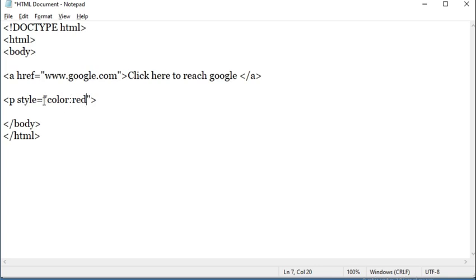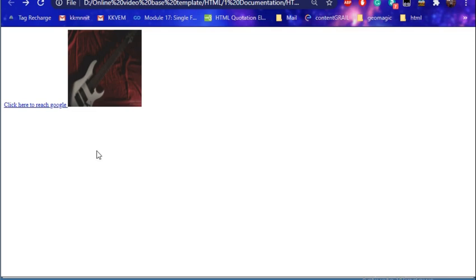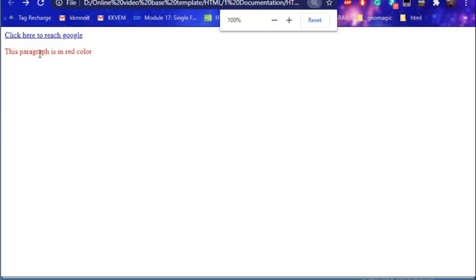You should always be very cautious about the quotes, the equals sign, and the colon. Then I close the bracket and write, this paragraph is in red color. I close the paragraph with /p, save it, and check in the browser window. I'll find this paragraph is red in color.